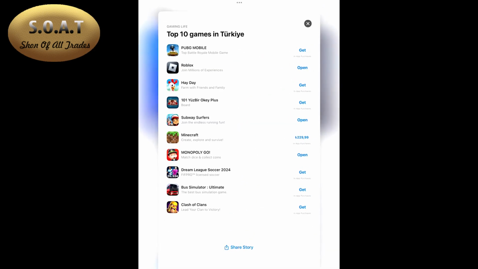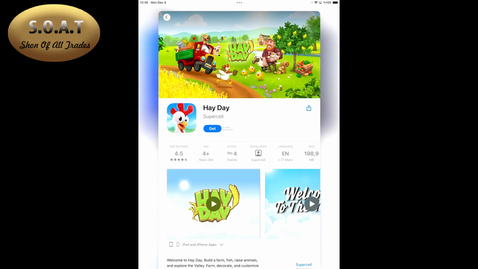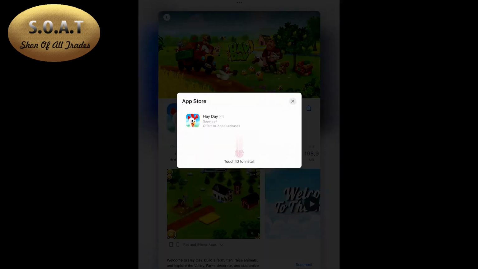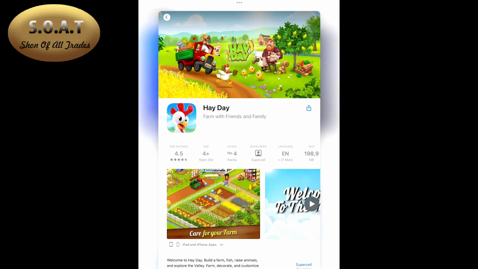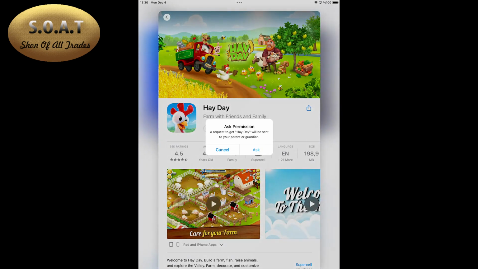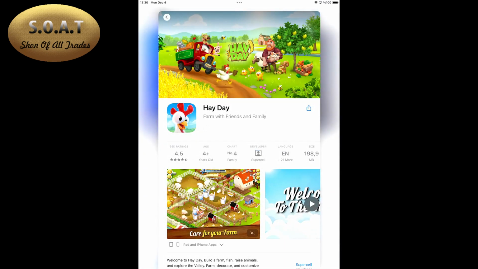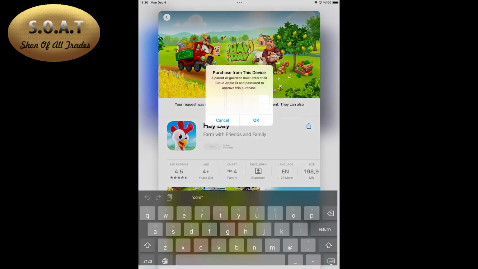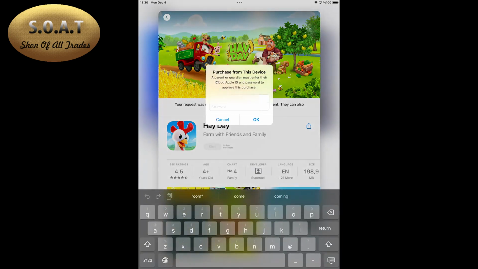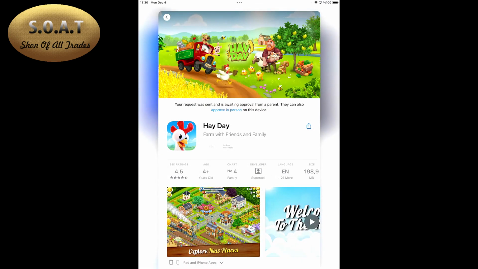Sometimes your kids send a request to download from App Store or iTunes from their device to you, but you never receive any message to approve. I must approve the download directly from the kid's device. That's a headache. No matter when the problem appears, when you first set up family sharing or your device stops receiving purchase approval after a while without any reason,